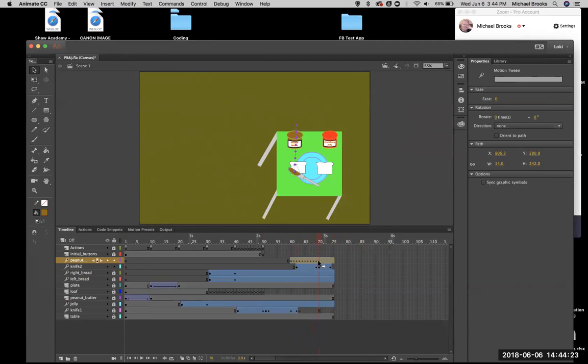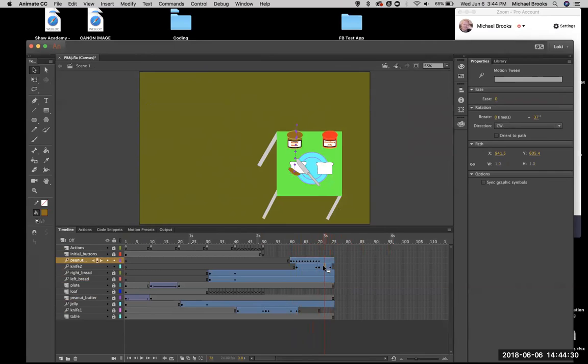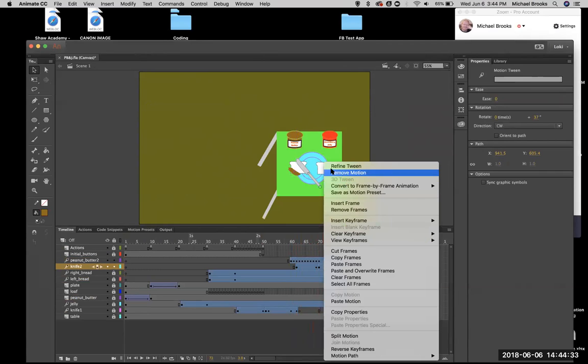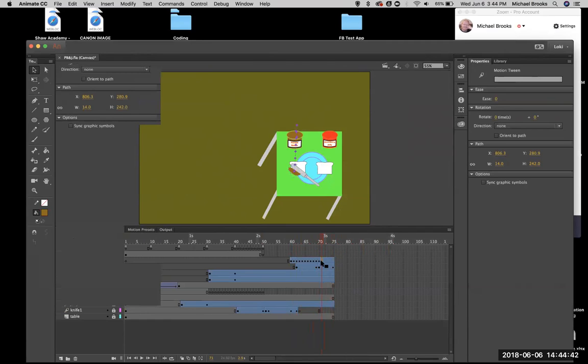And the last one, there we go. Then, all right, so we're going to insert a frame so that goes out to the end. All right, now when it does this, each one of these now is going to be following it. But what I'm going to do is create a second symbol and insert it right there. So basically from here to here,